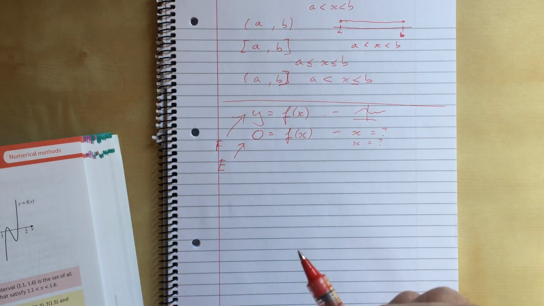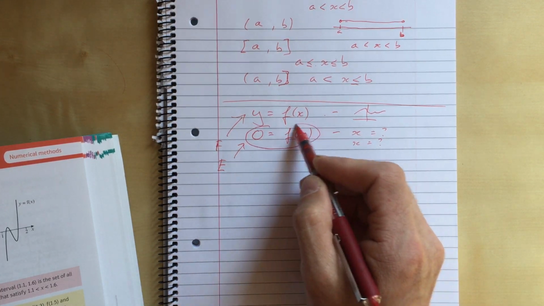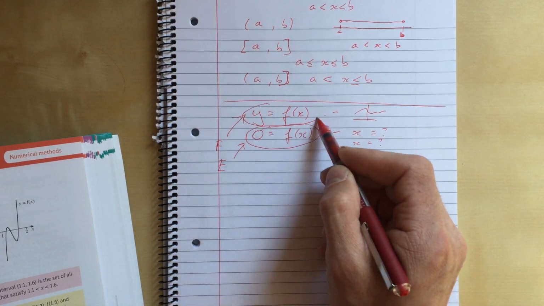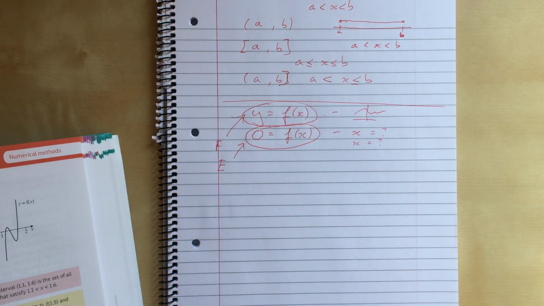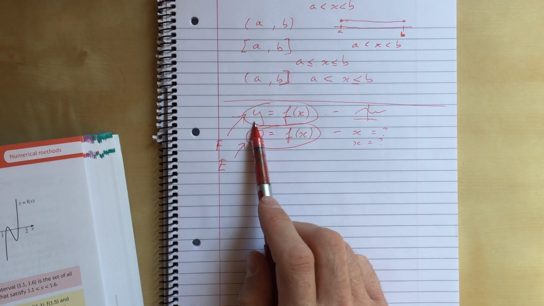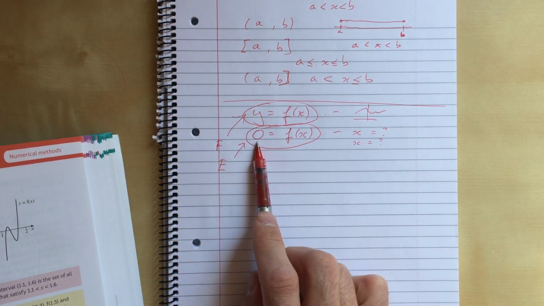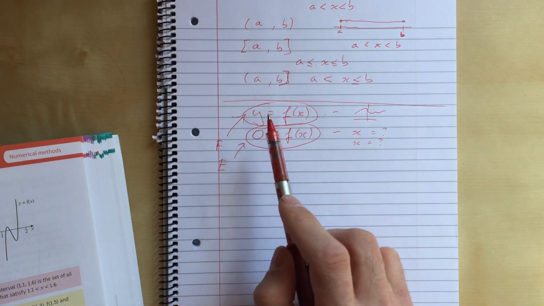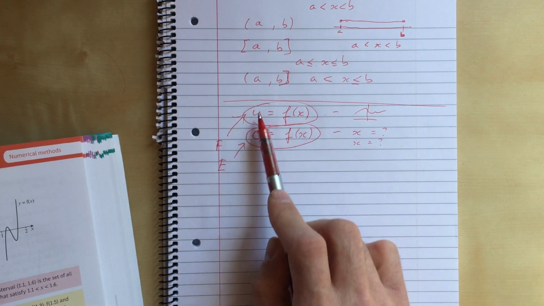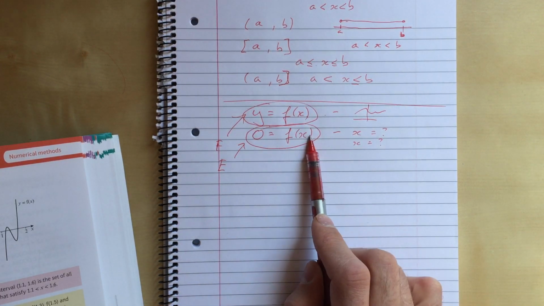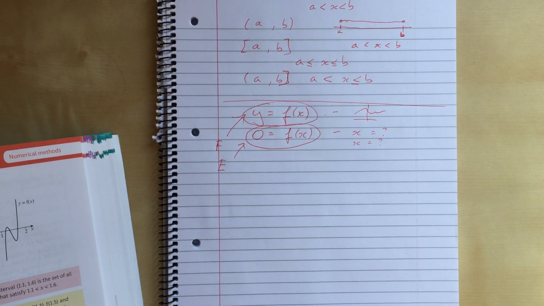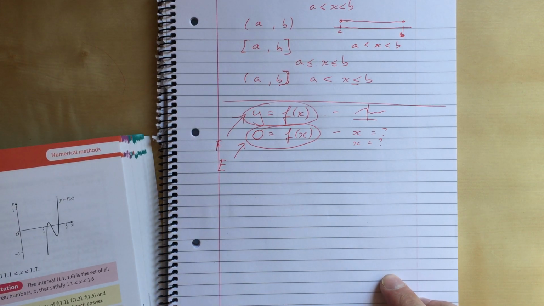Okay? The solutions to this equation are the roots of this function. Just be clear about these words. This function has roots. The roots of this function are the solutions to this equation. But this thing here and this thing here are not the same. This is a function, this is an equation. Okay. Now, once we've got all that clear,